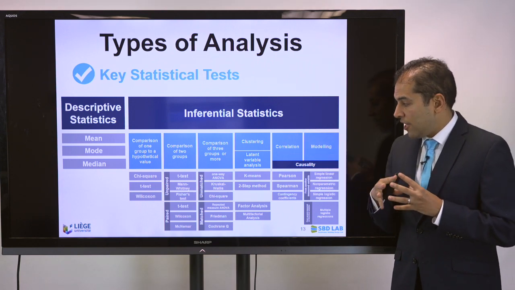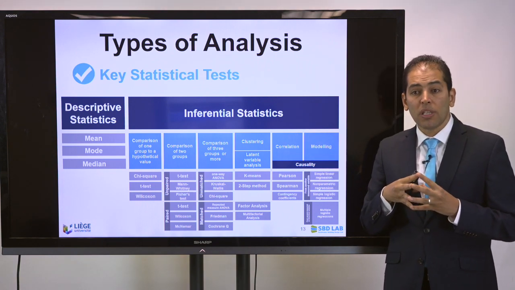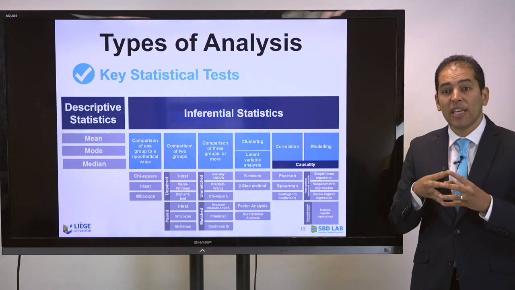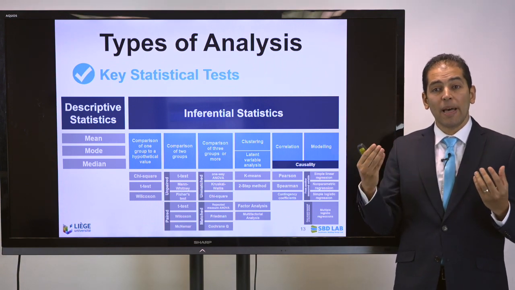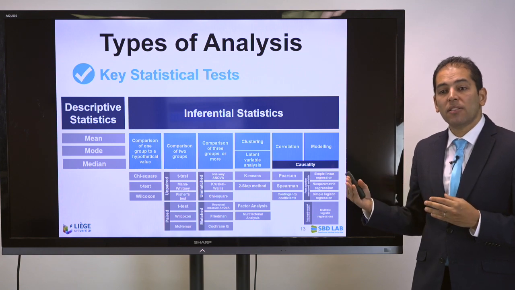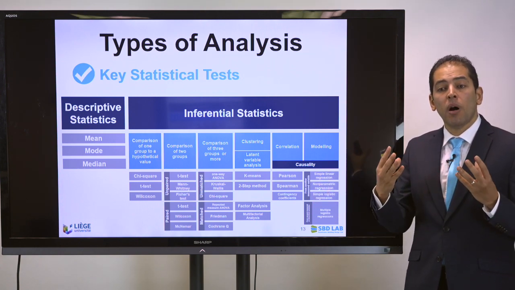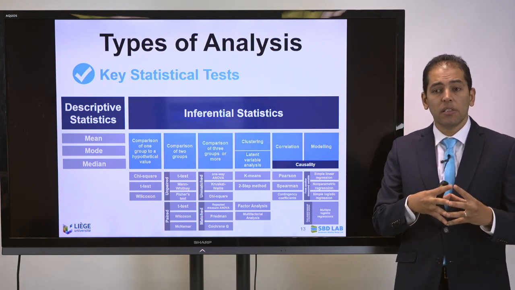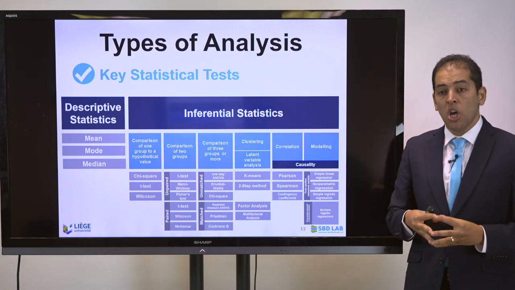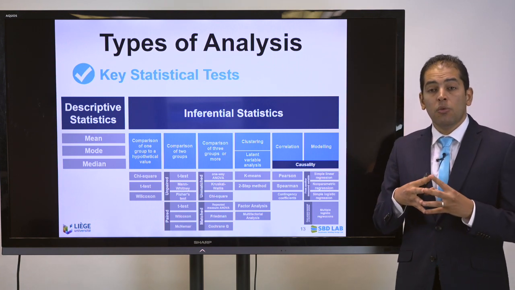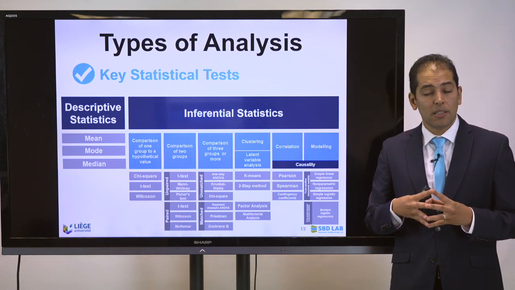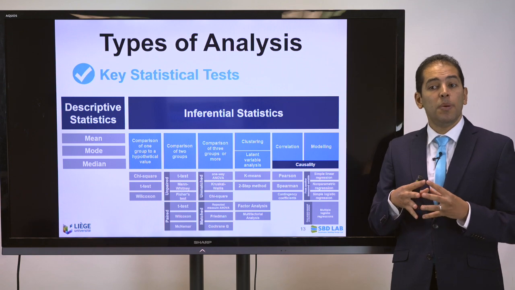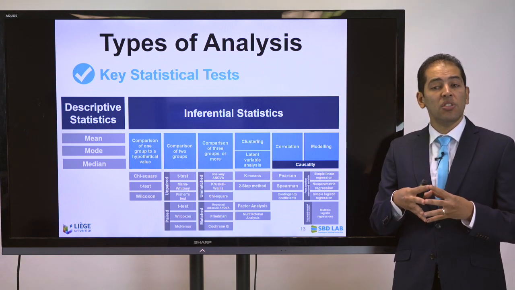Moving to the clustering and the latent variable analysis, what kind of tests do we have there? We have k-means, the two-step method, factor analysis, and multifactorial analysis. They all fall under the clustering and the latent variable analysis. Moving to the correlation, we can see the three most famous tests: the Pearson test, the Spearman test, the contingency